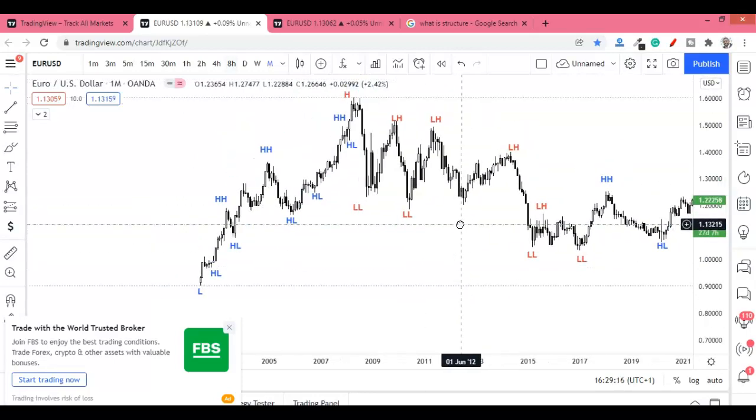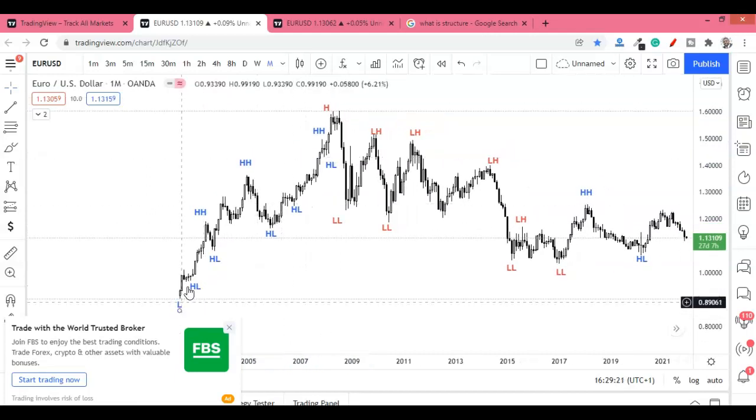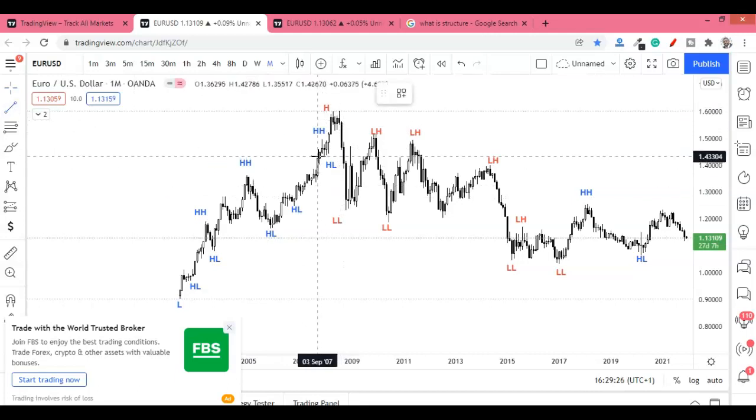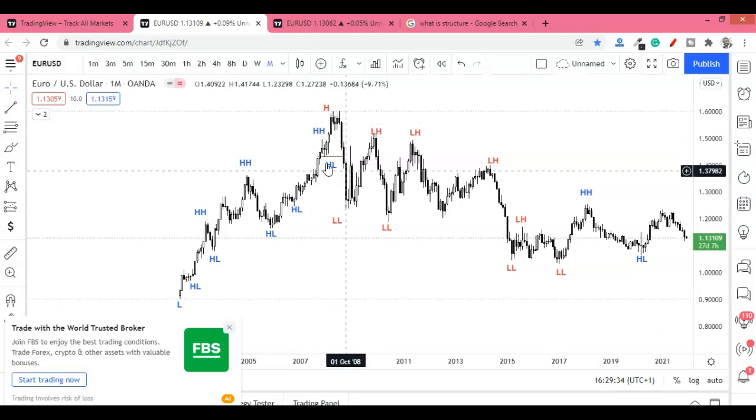So let me go back to this. Now if you look at this chart here, there has been a series of higher highs and higher lows until we get here. You can see at this point, this is a monthly time frame. What is considered a break of structure is when there is a monthly close below this last lower low. Below this last lower low, I can start looking at a shift in the market structure, because the candle that pushed through to break this closes below.